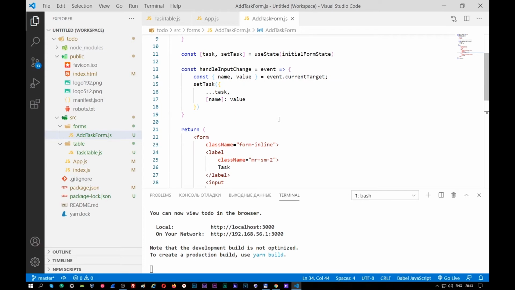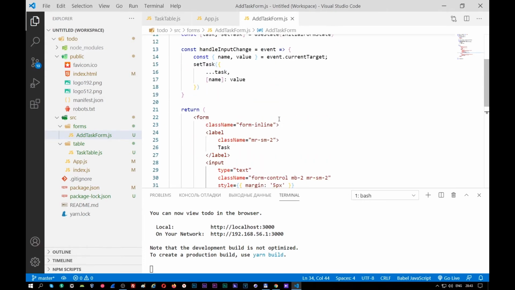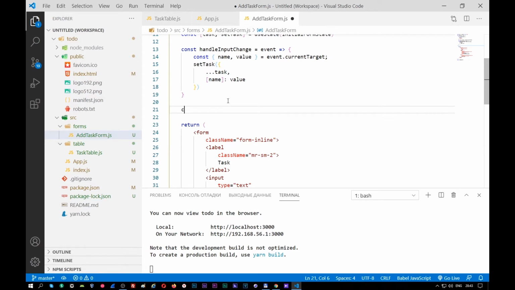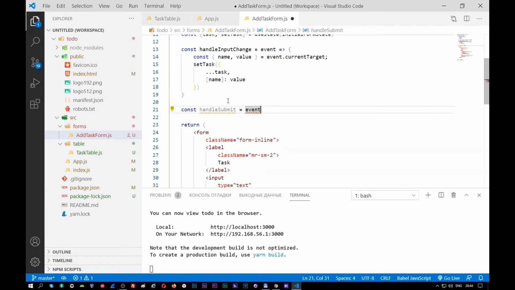So let's do the function handleSubmit is equal to event. I'm sorry, event,